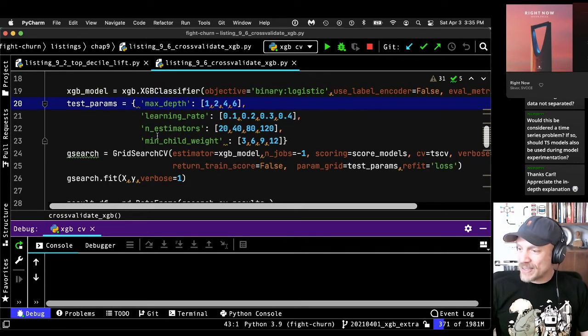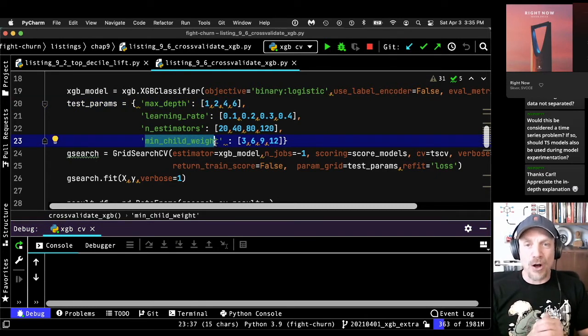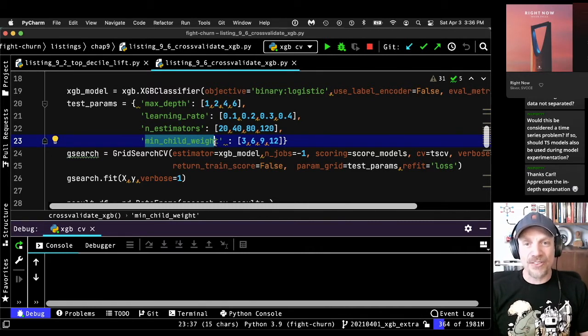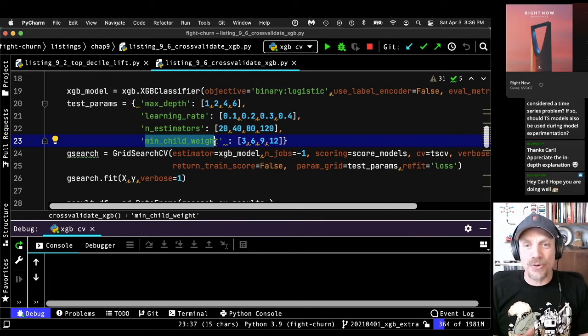And lastly, the minimum child weight is actually a way of also preventing overfitting by not letting any child, which means any tree in the ensemble, have too low a weight, even if its error correcting properties were not that great. It's because it's basically been found that XGBoost is too good at predicting these outcomes.